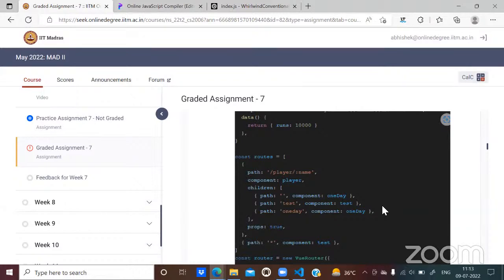The reason is that mutations are always supposed to be synchronous. But it is many a time required that you need to fetch some data asynchronously. So that's where actions come in. You fetch the data using actions, pass that data to your mutations by committing mutations, and those mutations should make the required state changes. So dispatch is used for invoking action functions, and commit is used for invoking mutations. Is that clear? Yes, clear.